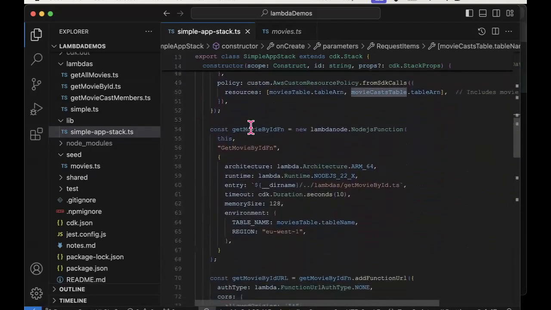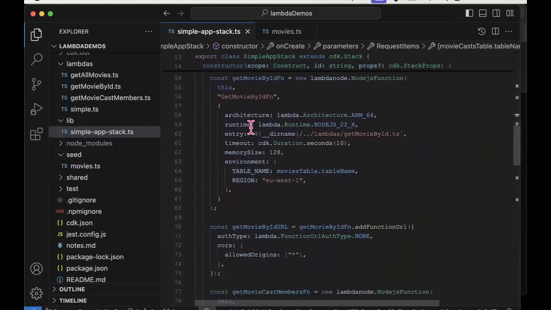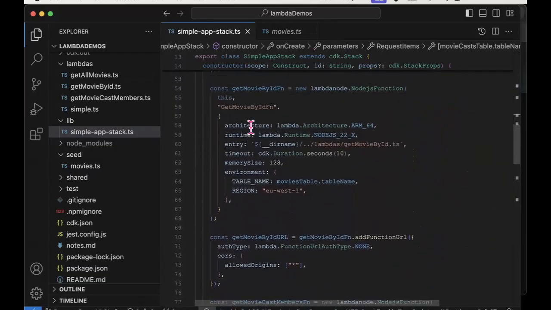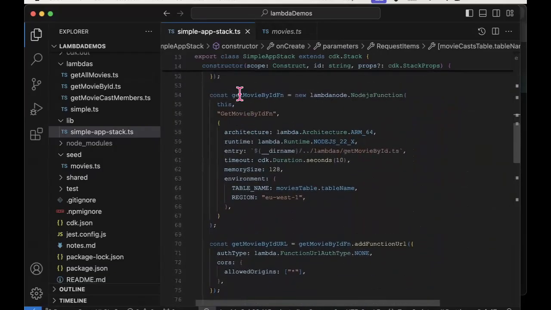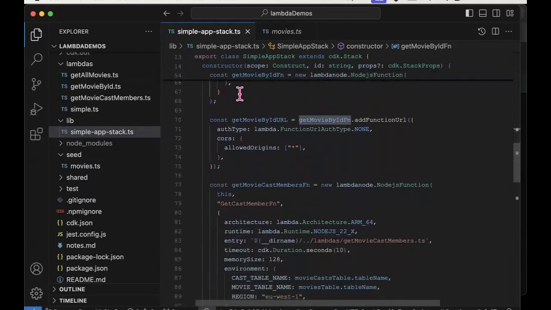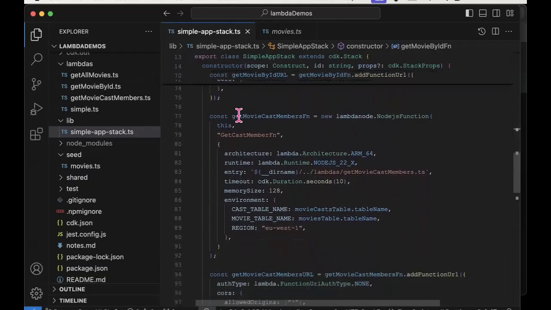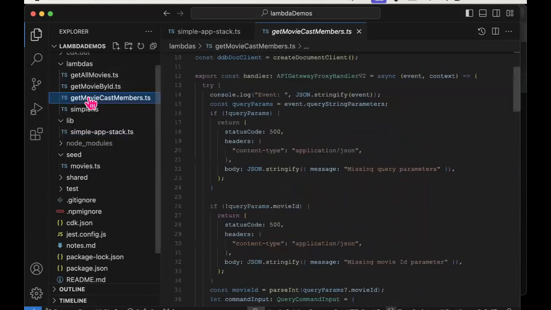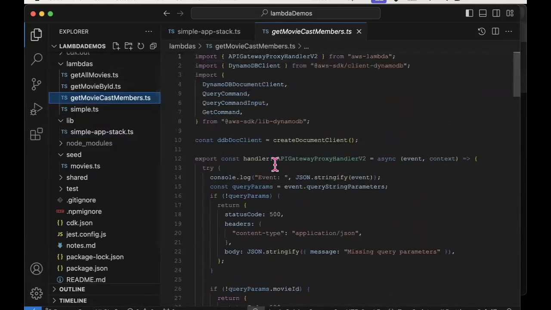And then the rest is just lambdas: get movie lambda, get movie by ID lambda. Oh yeah, that's just the URL for the lambda. And then I have a get movie cast lambda as well. And if I just jump over into that one, which is here,